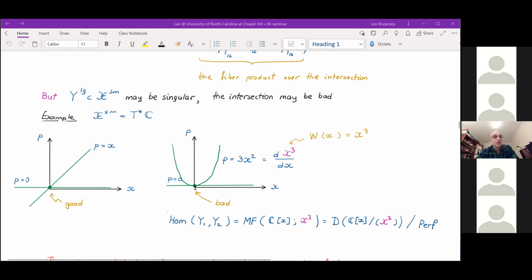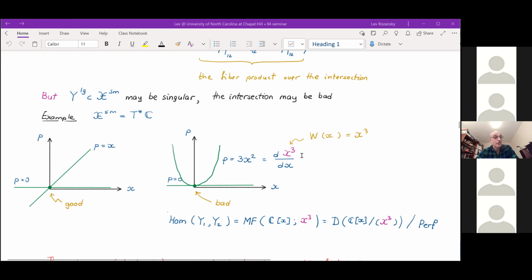And since this is algebraic geometry, you cannot simply deform a parabola to a generic position where the intersection will split into individual transverse points. You have to do something else. So the answer is you have to present the Lagrangian subvarieties, for example, p equals 3x squared, in terms of generating functions or actions as a graph of the derivative